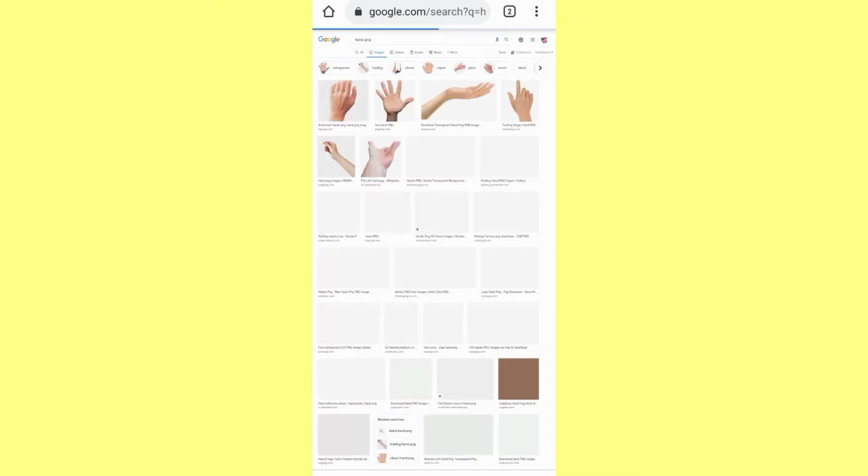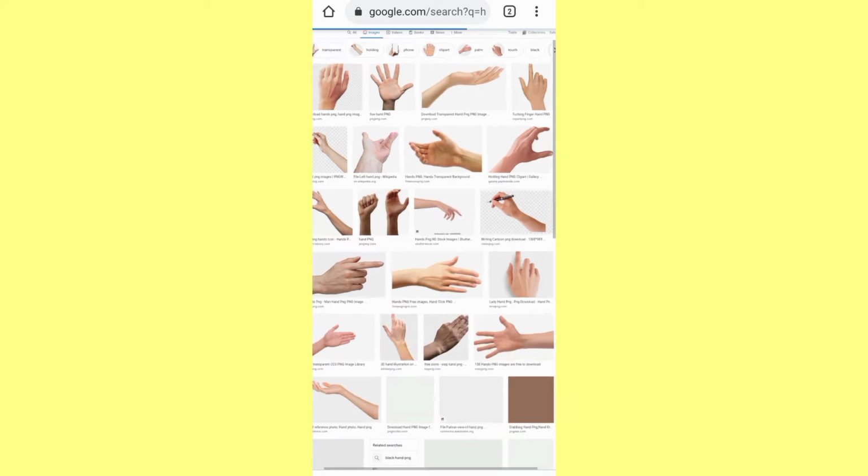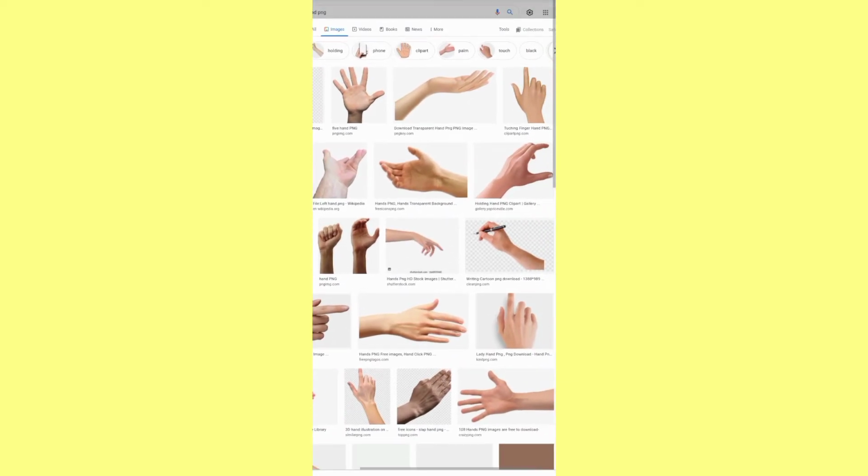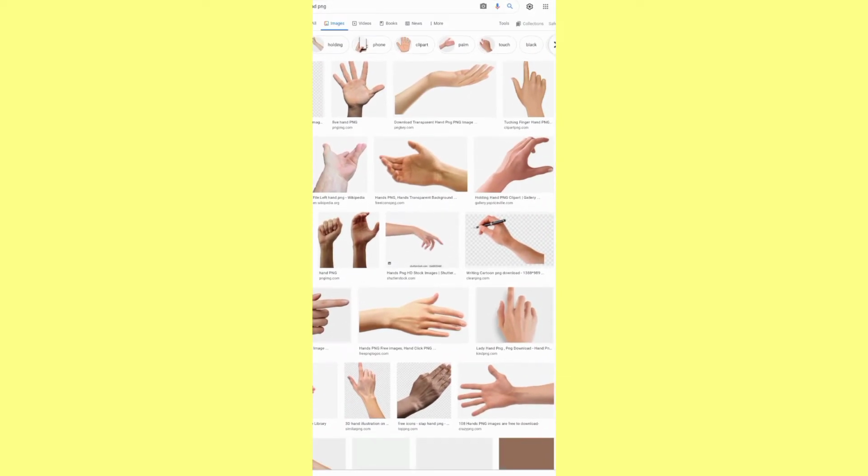Here you can see a lot of images, but not all of them are copyright free, because some of them might give you a copyright claim. So you have to focus on which images are copyright free so that you can use them in your video. So now I'm zooming in and showing you. You can see the tools. Click there, click on the tools,